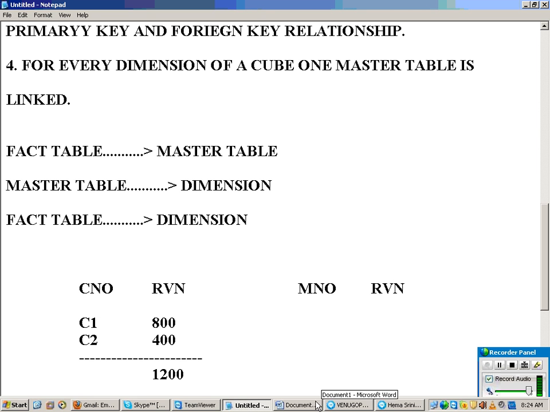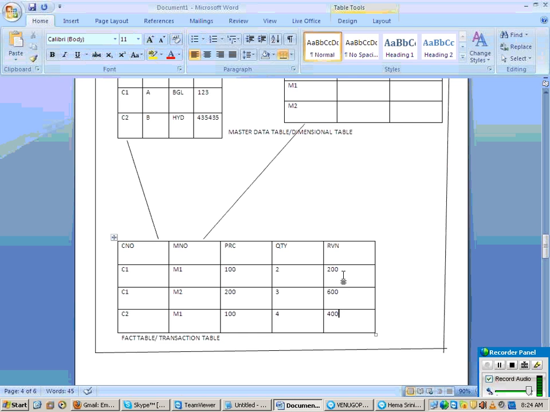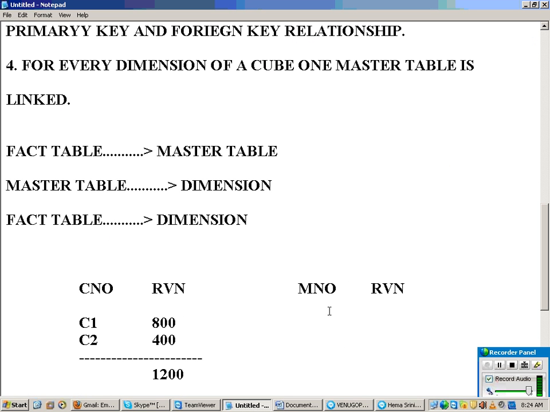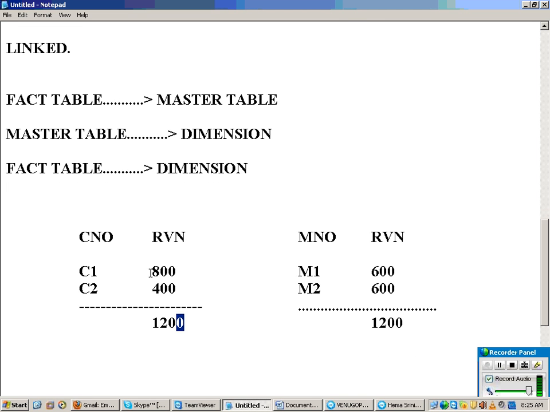Now same way, you can look at the data in which angle, as I said? Material, right? So when you look at material now, M1 is 400 plus 200, is 600. Then same way for M2 is also. Now, again what is that now? Total revenue is again 1200. So is the total revenue same but figures are changing or not? So this is 800 and 400, this is 600 and 600. Now the way you are looking at the data is different. That is the advantage of multi-dimensional analysis.